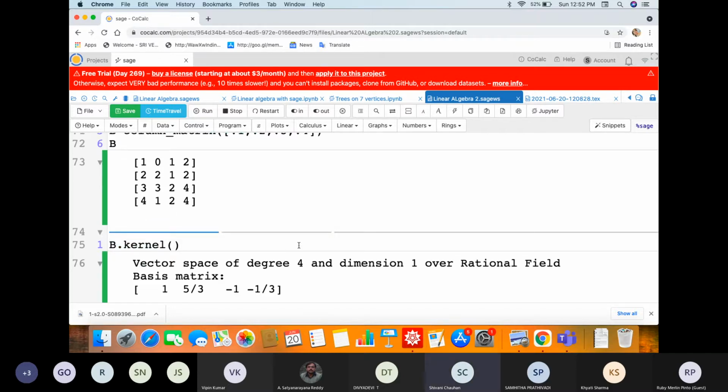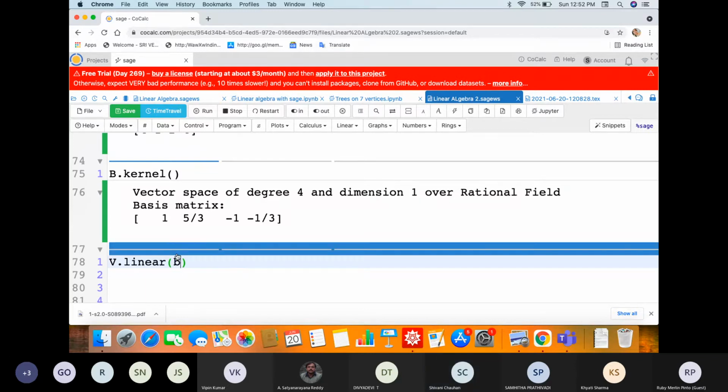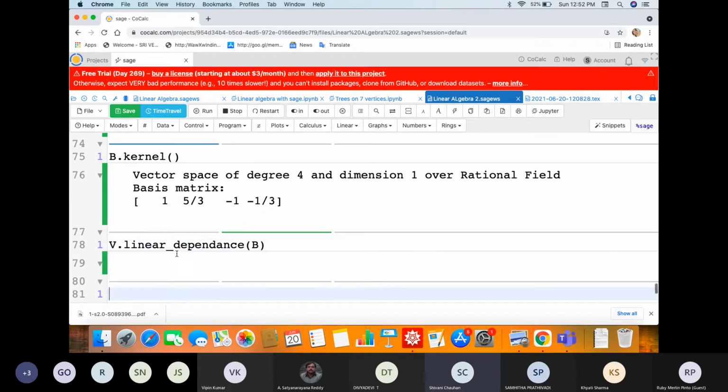So again, by default, Sage has a left kernel. Now let us check whether these vectors are linearly dependent.